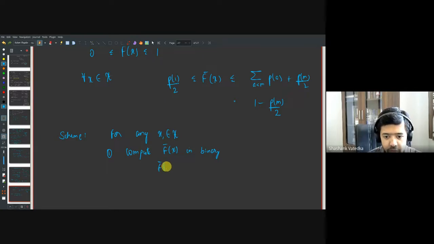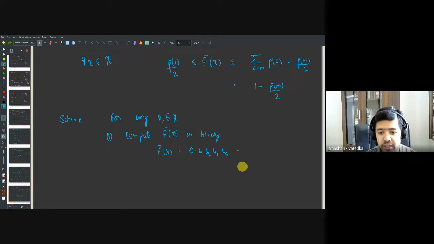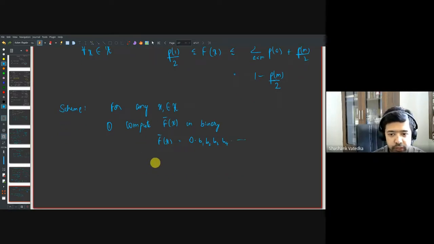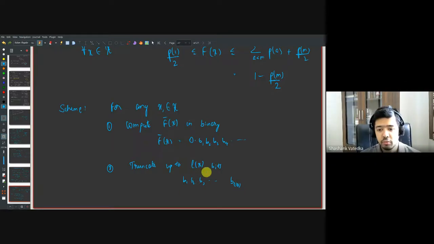So you can write f bar of x to be 0.B1, B2, B3, B4, and so on. So this is the binary representation of f bar of x. And you truncate up to L of x bits. So basically, you just look at B1, B2, B3 up to B L of x,